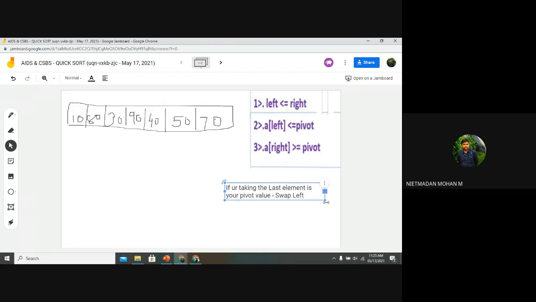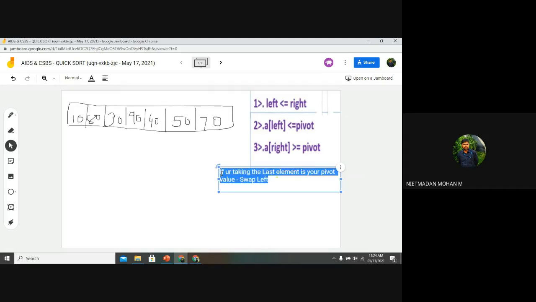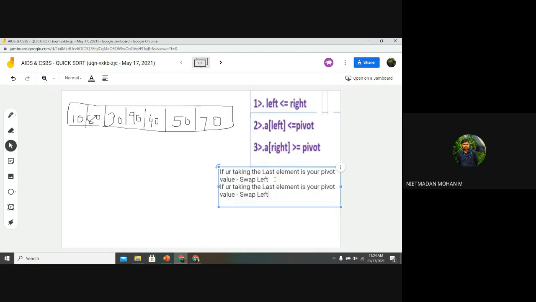This is the fourth condition you want to look after. And same thing, if you are taking the first element as your pivot value, the swap element will be your right part. So how that will happen, I will tell you. So you just remember these 5 points.